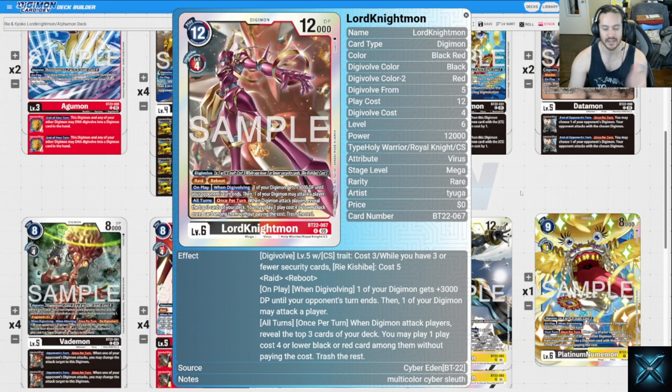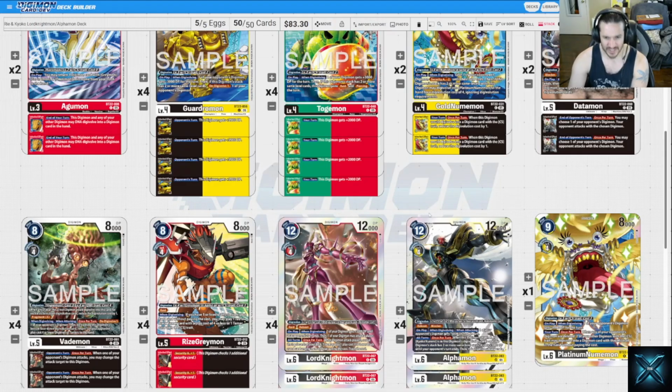We get to switch that attack to us, but they already declared attack onto our life. But really, really cool, just interesting ways we can interact with our opponent. And then, being able to